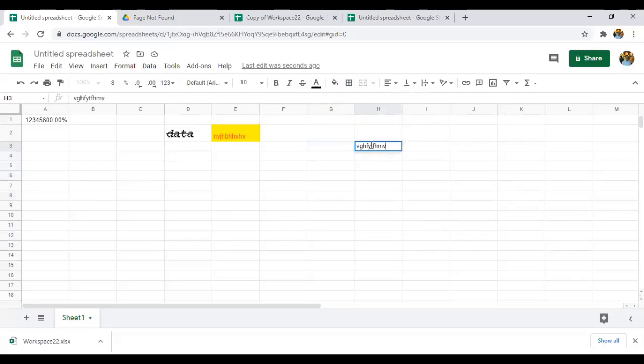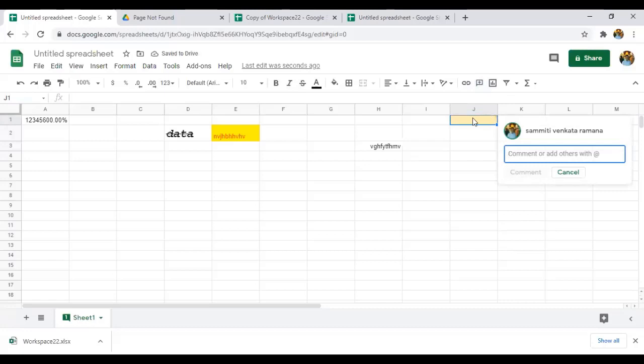And you can see here, if you want to change the alignments, that is horizontal alignment, this is left alignment, which is already on left alignment. So this is center alignment, this is right alignment. This is how we are going to change the data. And as I have already explained, this is how to insert a link. By simply clicking we can insert the link, and this is insert a comment. So we can insert any comment to a particular cell.